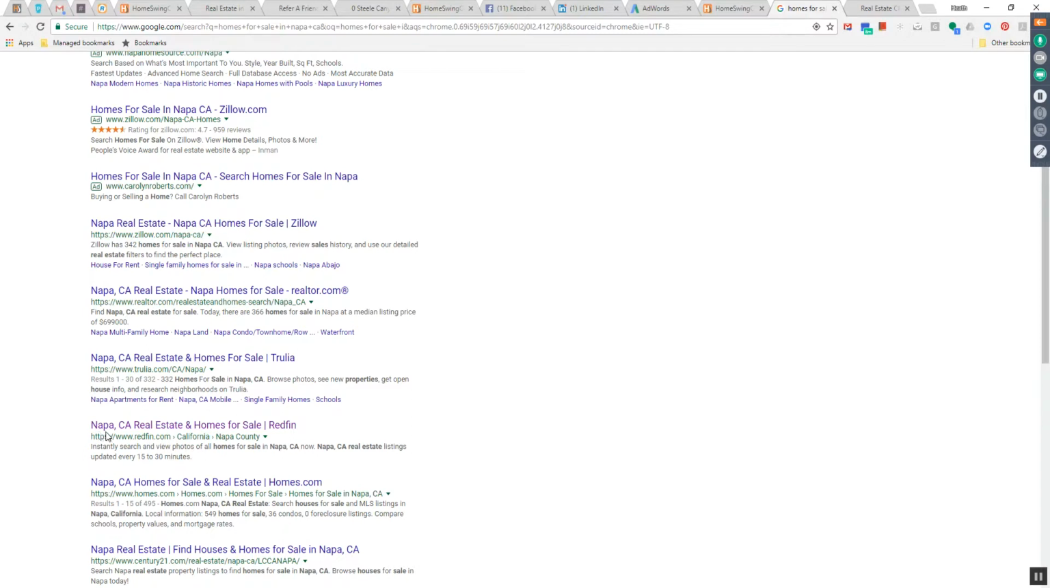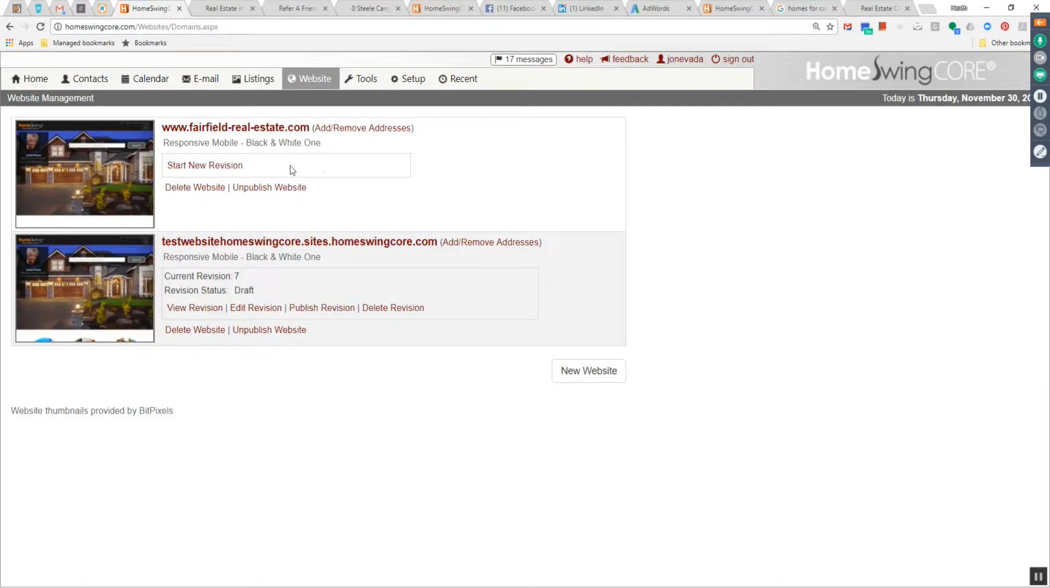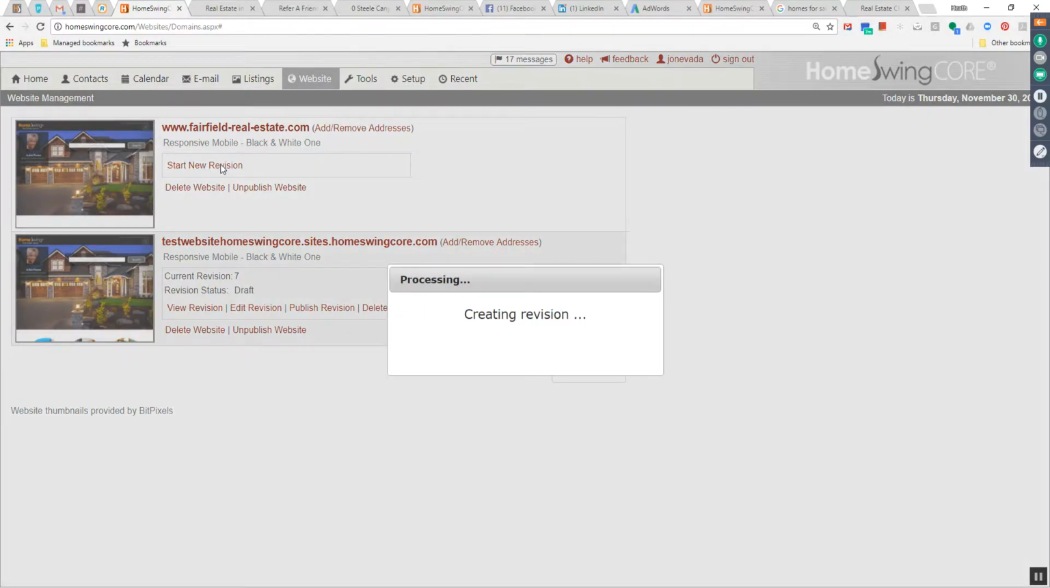So you can see here under Redfin, they've got redfin.com, Napa CA real estate, and homes for sale. This is what is called the title. This is the URL, and this is the description. And this is what is called metadata. So let's go back to website, start new revision,